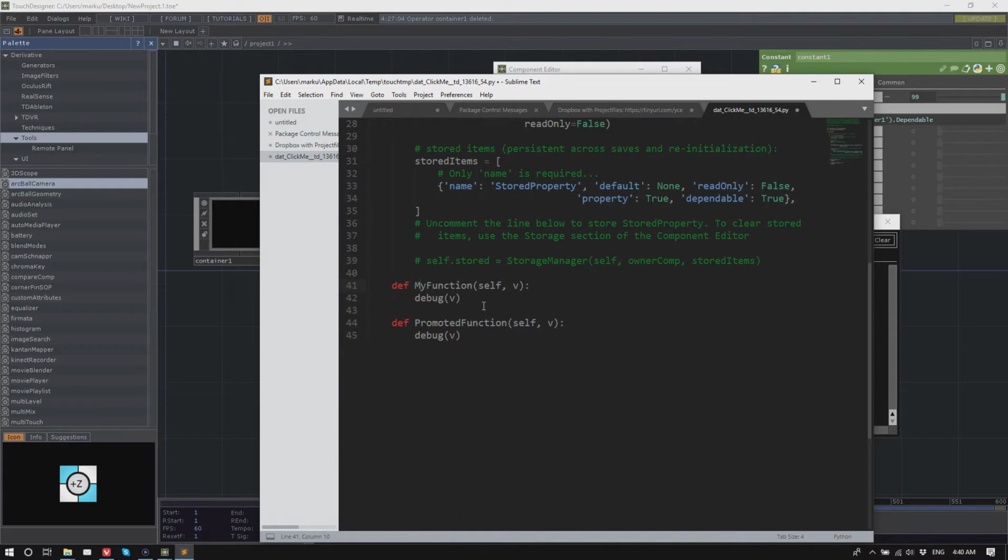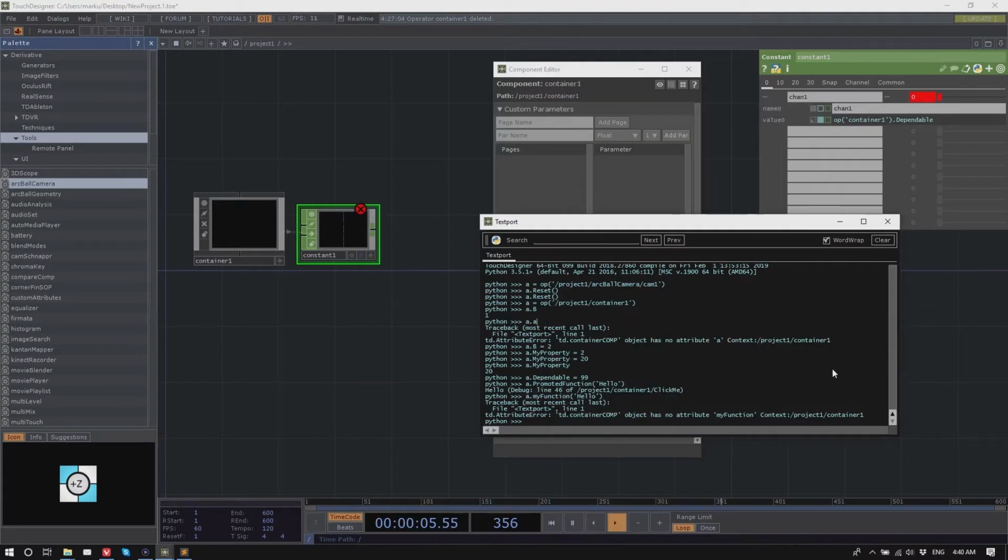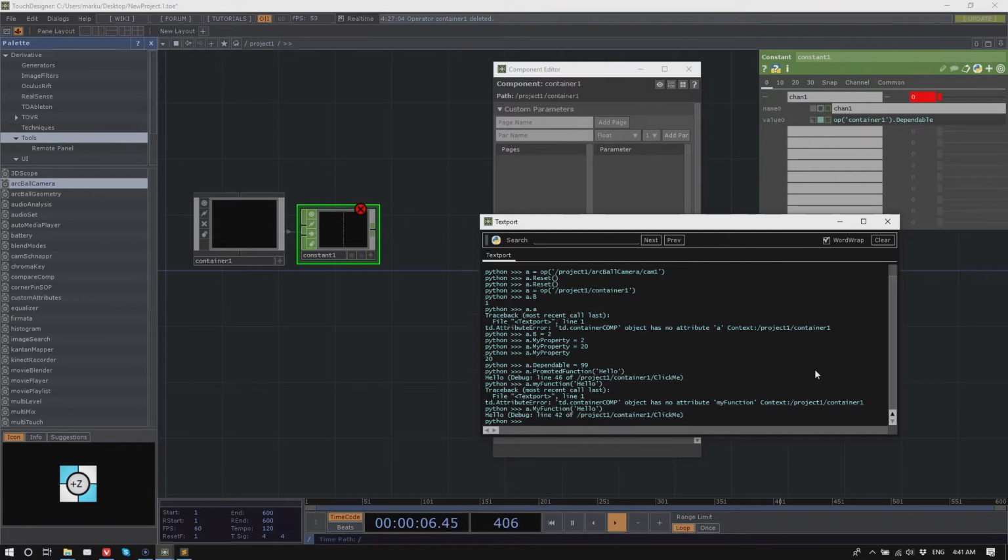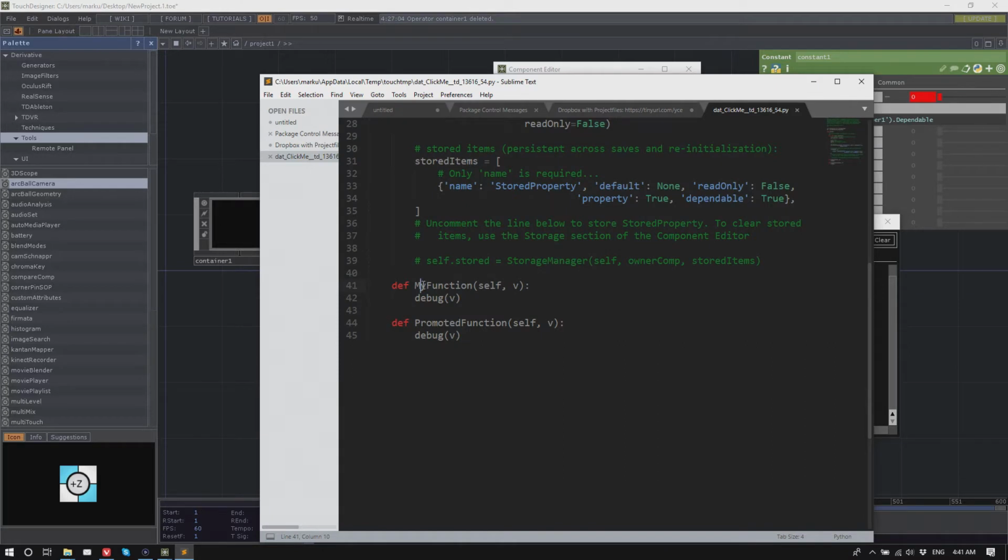So if I change my function to a capital M, and now call this with a capital M, now it's actually running it. Because functions with capital letters are promoted. Starting with small letters, they're not promoted, so they're only directly callable from the inside.